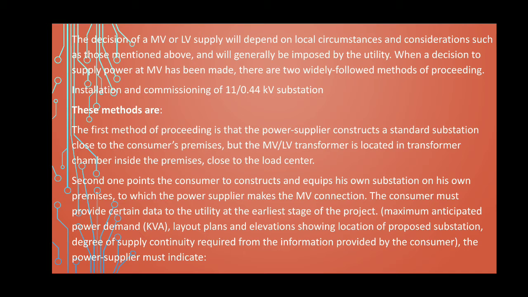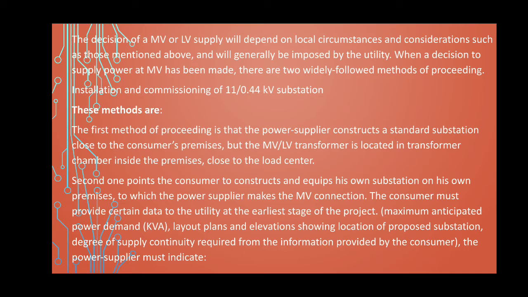Generally, improving the quality of the electrical supply is essential when the decision is made to supply the electrical power at MVA, as MV is nothing but the megawatt, has to be made available. There are two methods for proceeding with the installation of an 11/0.44 kV substation. These methods are,